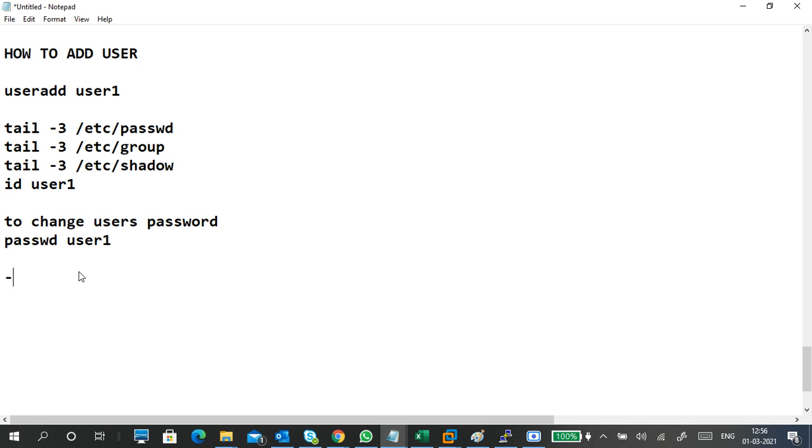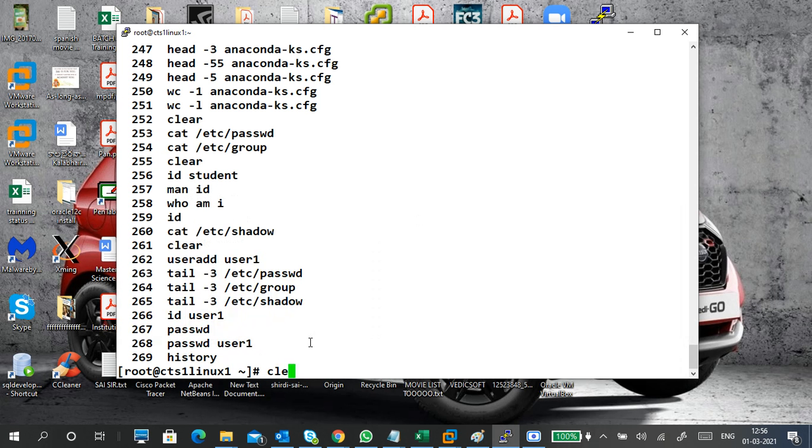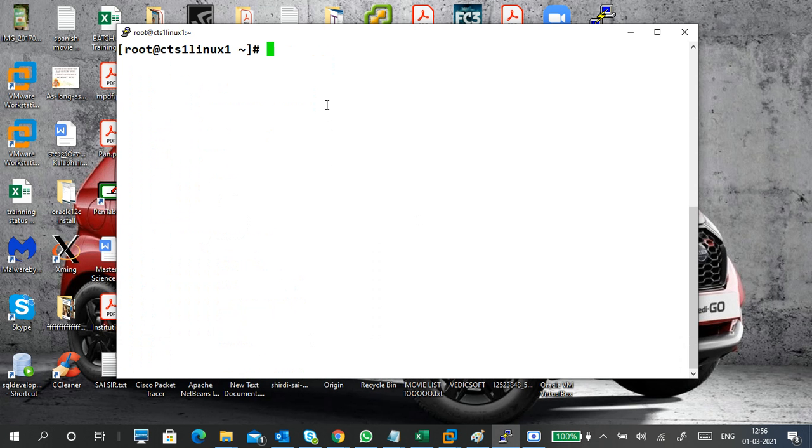This is for verification, this is for adding a user. Of course I will tell you other ways of adding users also, through groups and all kinds of stuff. This is one user add thing. There are so many user adding things, but I want to show